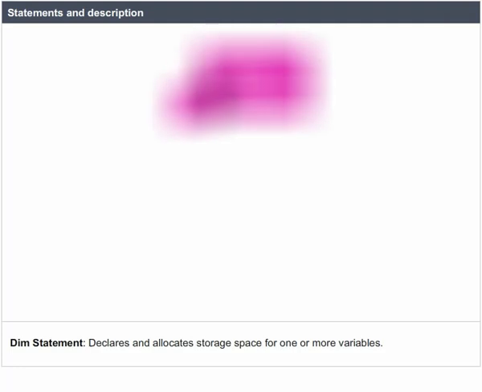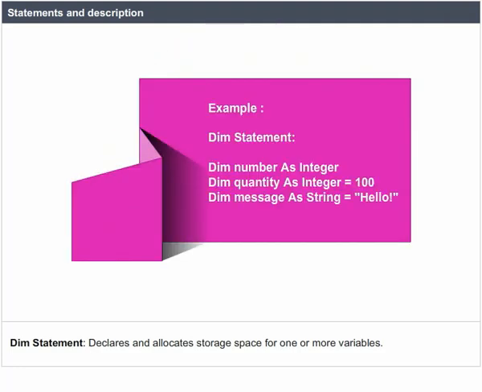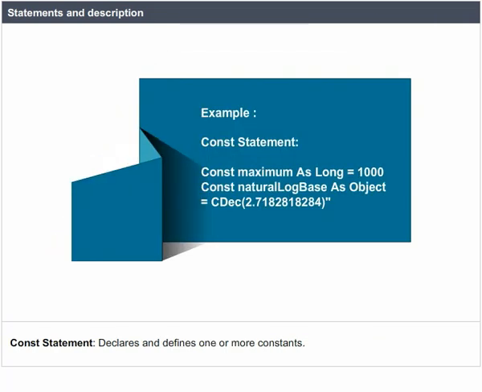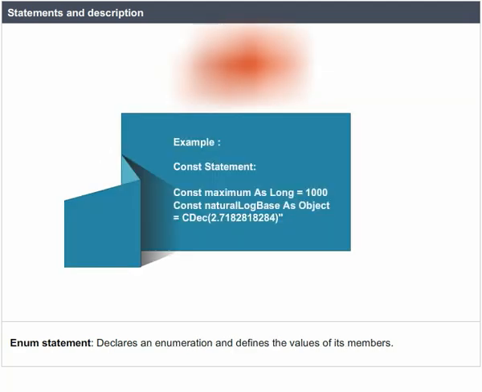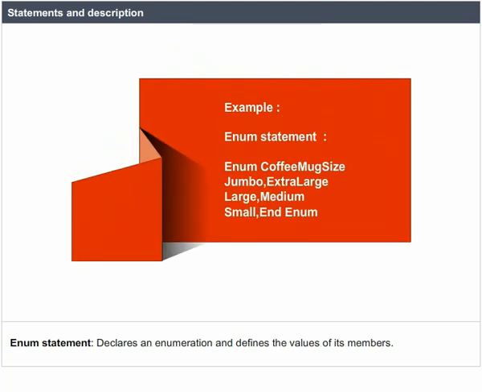Statements and description. The Dim statement declares and allocates storage space for one or more variables. Example. The Const statement declares and defines one or more constants. Example: The Enum statement declares an enumeration and defines the values of its members. Example: